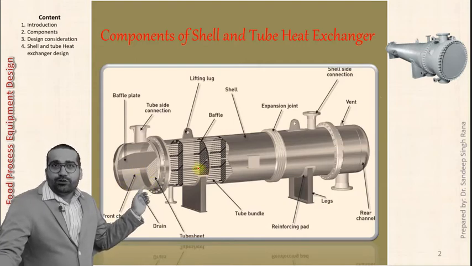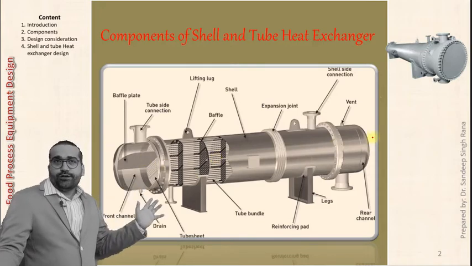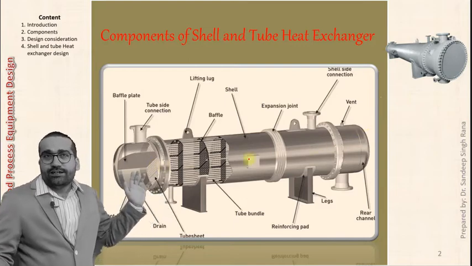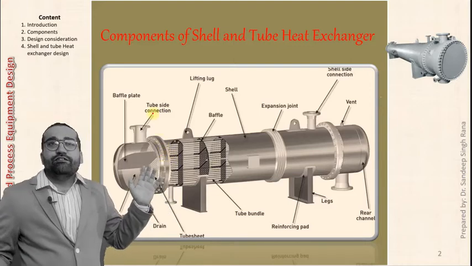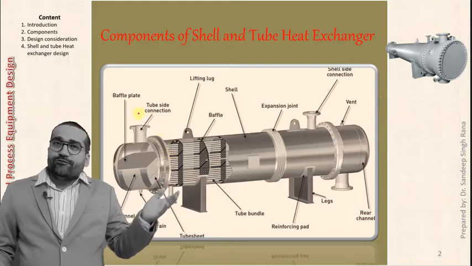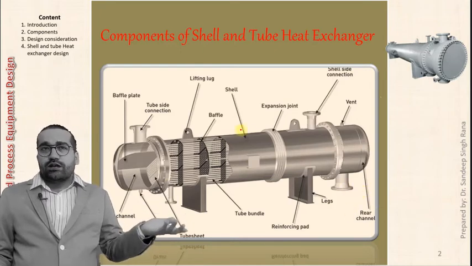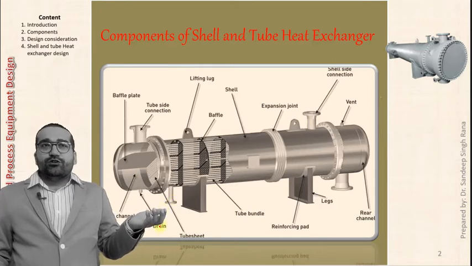This will be tube side and this will be shell side. And there will be a front end, or we can call it as head, tail, and then we have tube side fluid inlet, tube side fluid outlet, shell side fluid inlet, shell side fluid outlet,